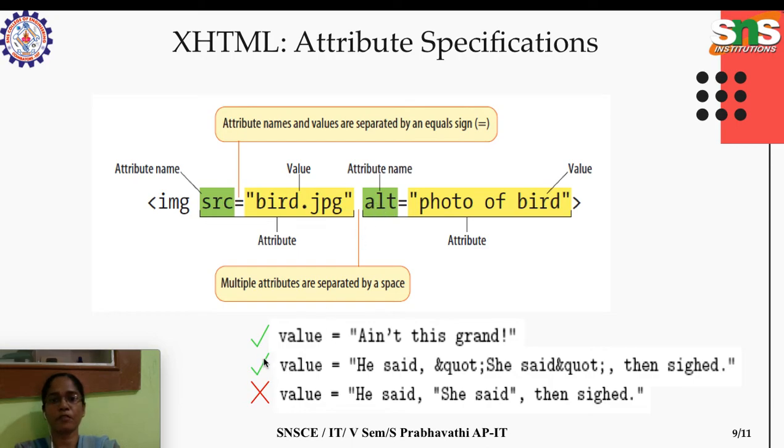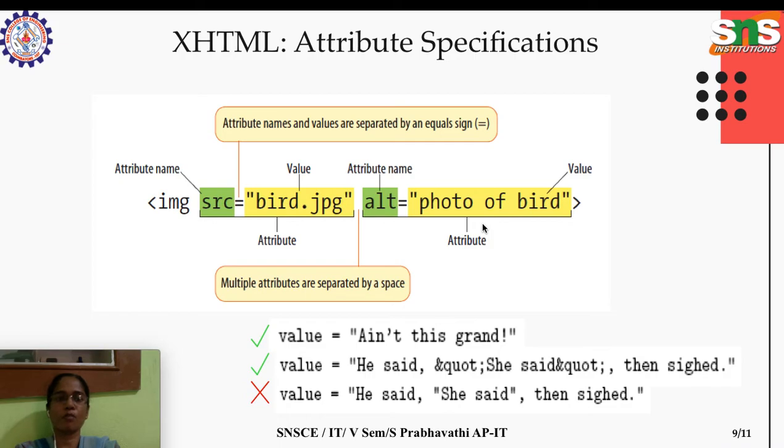These are the valid ways of giving values for attributes, and we need to avoid other ways of mentioning values. So within the quotes only we have to give the value, and if the string itself contains a quote, we have to use the entity reference to enclose it in double quotation marks.